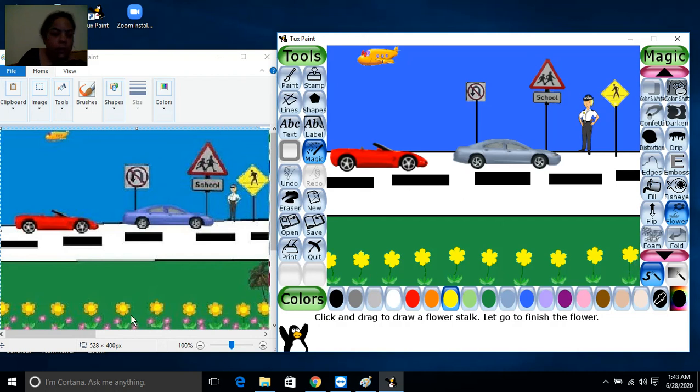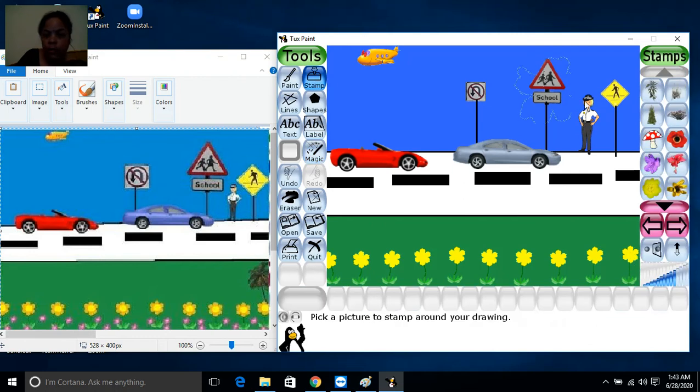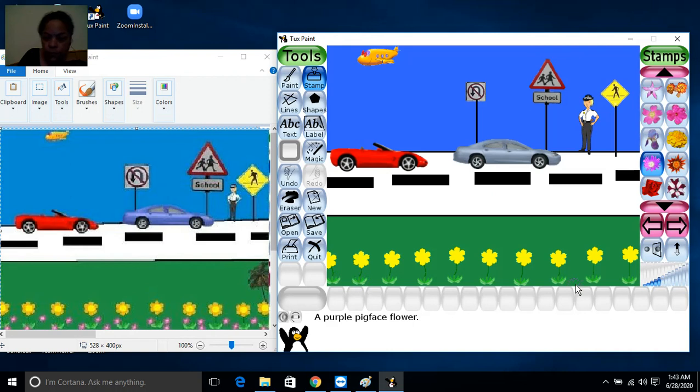here. Now here you can see more flowers, so here we will click on stamp and here we will choose the flowers. Now we have chosen the flower. Now we will decrease the size. This is the big one, so we will choose a very small size of flower.